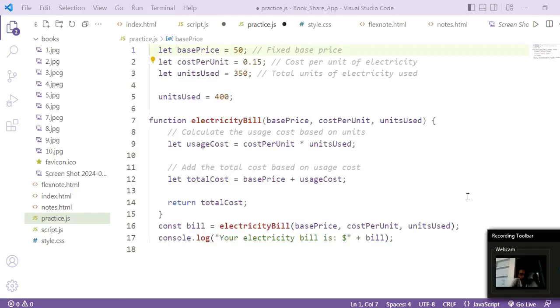Okay, alright guys, so here is the program, and you have 1 minute to find out which variable should be kept as const and which as let. Okay, so this is a program to calculate the electricity bill of your house. Okay, and this is a daily life example.